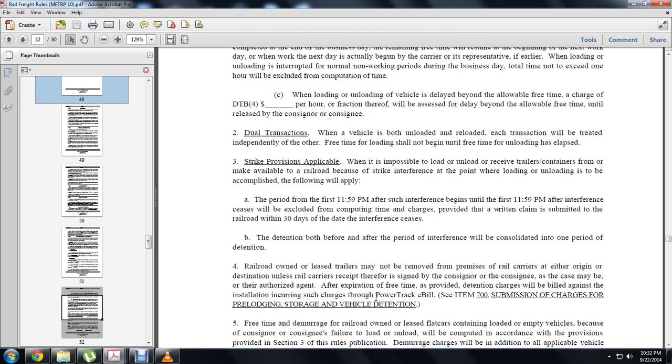Railroad-owned or leased trailers may be removed from the premises. Rail carriers, either origin or destination railroad cars, received and signed by the consignor and consignee, as the case may be, or by the authorized agent, after the expiration of the time provided for detention. Charges will be billed to the installation incurring such charges from the power track bill, e-bill, or the submission of the charges for the pre-lodging and storage of the vehicle. Detention free time during